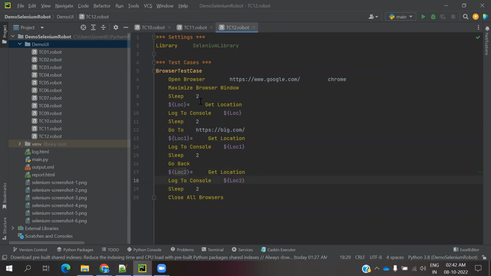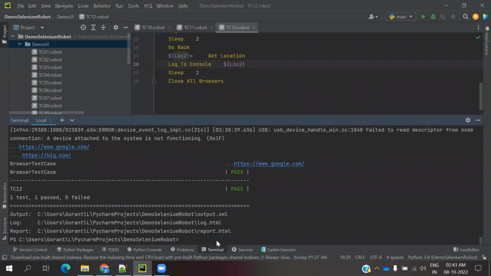Now what have we done? First I open google.com, store the location and print it. Then again a new URL, and again I'm printing. Then I move back to google.com, which means in the console I should see google.com 2 times and bingo 1 time. Okay, if I run it,